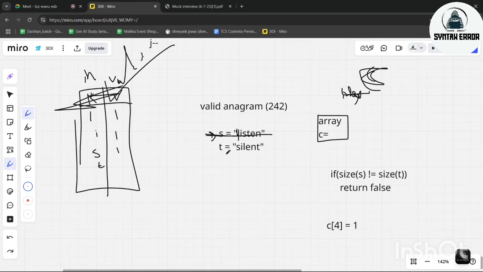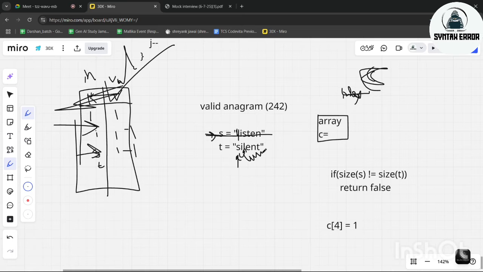Okay, what we will do, we will go to T and see the first one. What is the first one? Yes. We will go to the index of yes. At that index of yes, we will subtract 1, because it is repeated one time. Okay, next we will go to I, the position where I is there of C, and subtract 1. Like this we will do till the end of our second string.